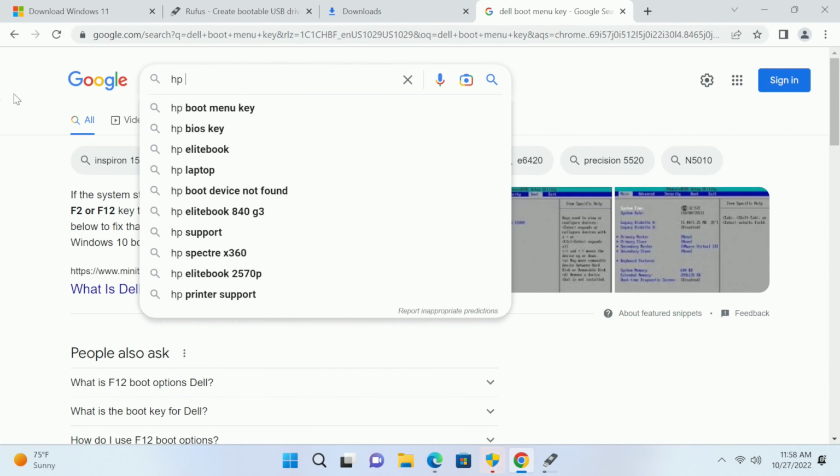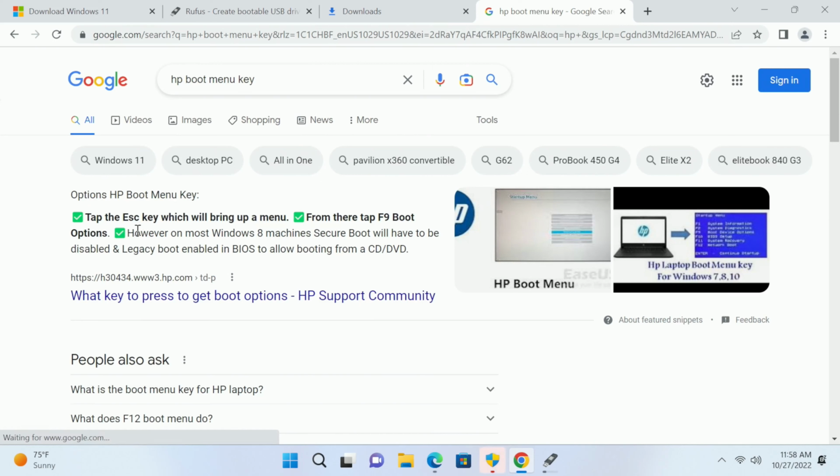For HP, although I have this memorized, I want to pull it up anyway here. For HP, Escape will bring up a menu. That's actually to get into the BIOS and the other stuff. You don't have to do that on an HP. You can just start tapping F9 when you turn on the computer. And I've got it set up so I'll be able to show you the menu as it comes up. Toshiba is, in fact, let me pull my notes on that. Toshiba is